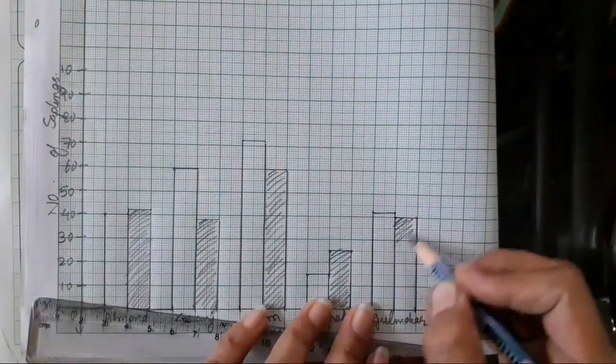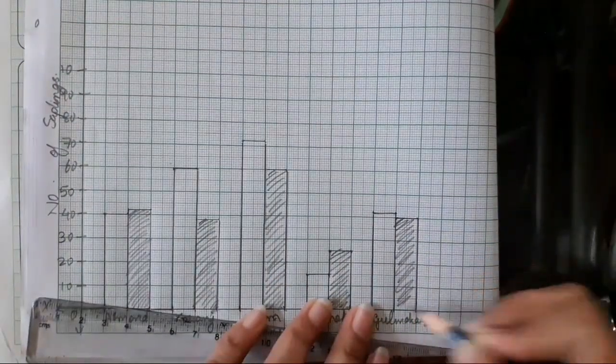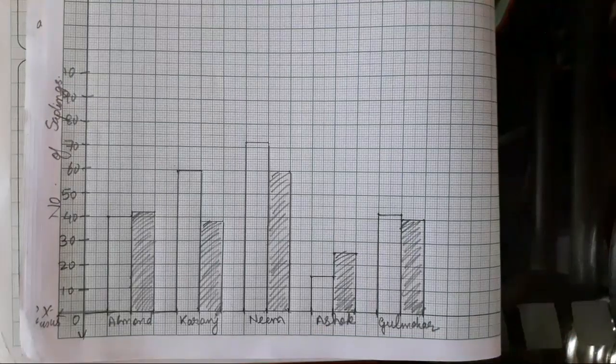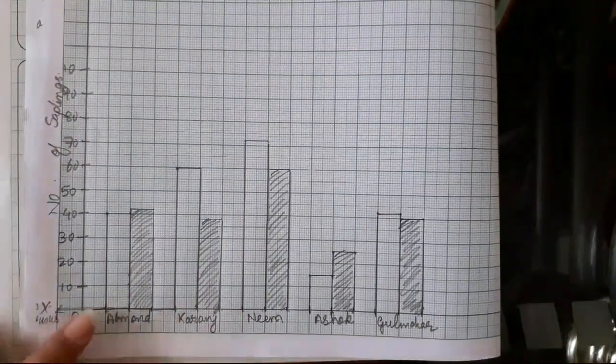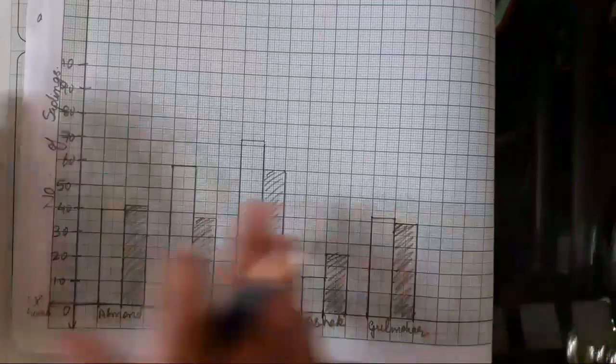Draw the stripes. Finish. This bar graph will come for 5 marks, so you have to be very neat and clean while drawing it. Scale is very important. As I showed you, go step by step and then there will be no confusion. Okay, so let's move towards the second bar graph.